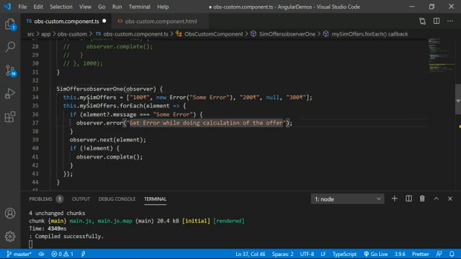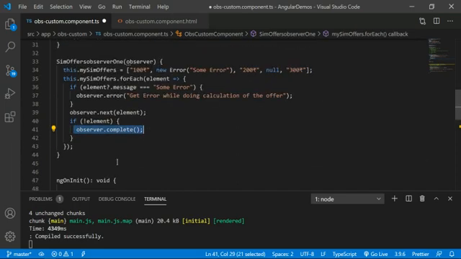Okay, now when I am looping through each element, when an element contains some error, I just want to send the error to the subscriber. Whenever the element reaches a null or undefined value, I want to complete the operation. So in this logic, is this complete operation going to be executed? The answer is no, because whenever I am getting the error from here,